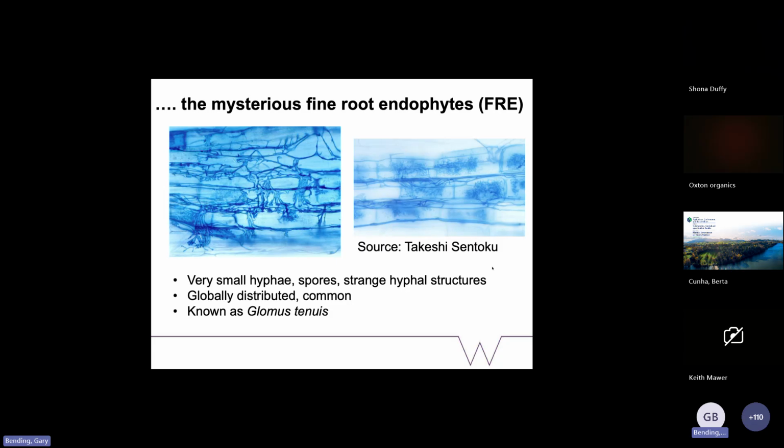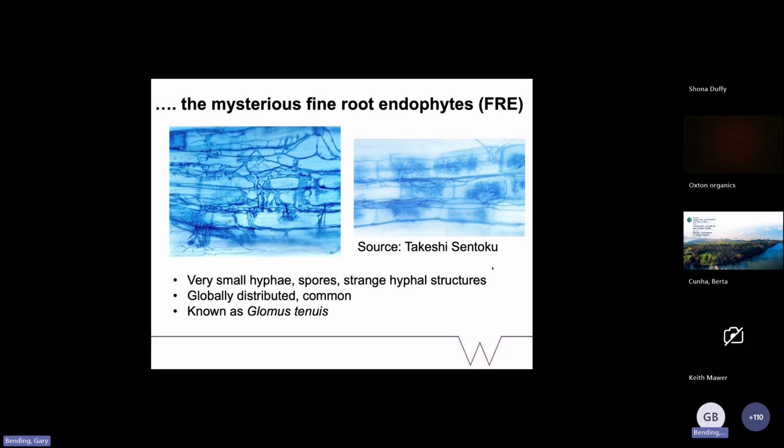These are the mycorrhizal fungi that are used in our crop inoculants because they produce very large spores that we can characterize. And pretty much all of the understanding of the biology of mycorrhizal fungi comes from these coarse Glomeromycota fungi. But lurking in the background, there's been this particular morphotype called the fine root endophyte, and it produces